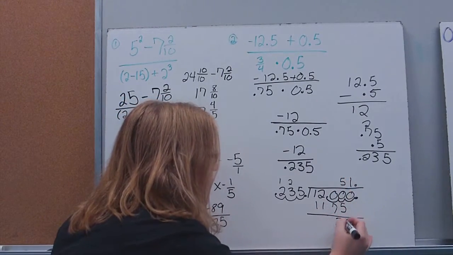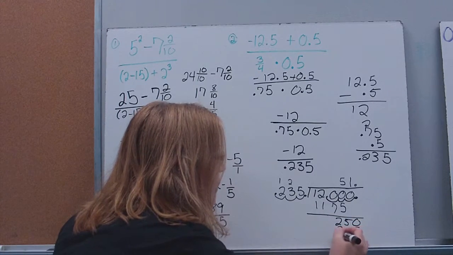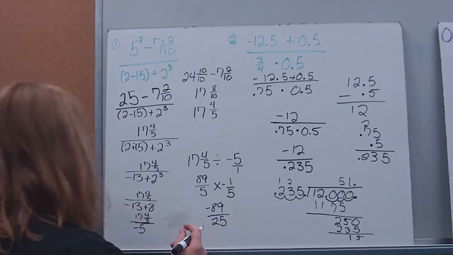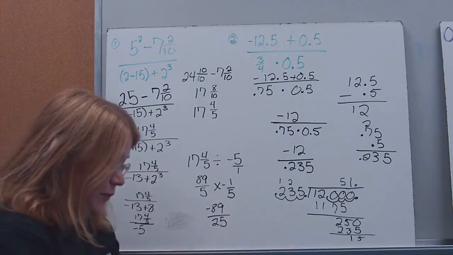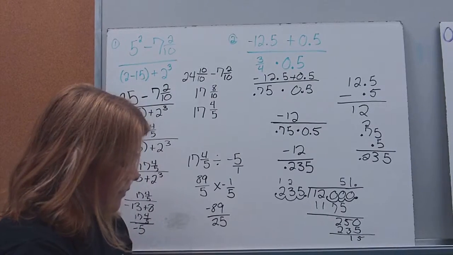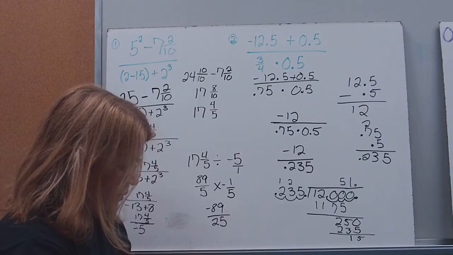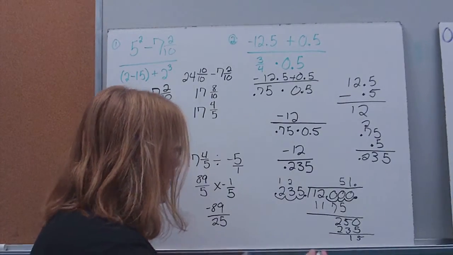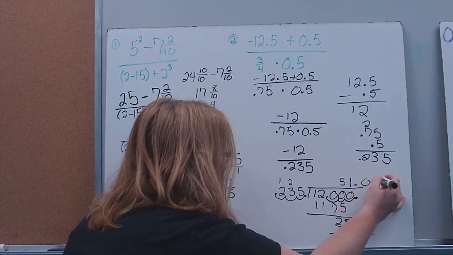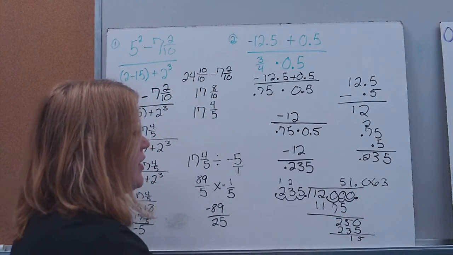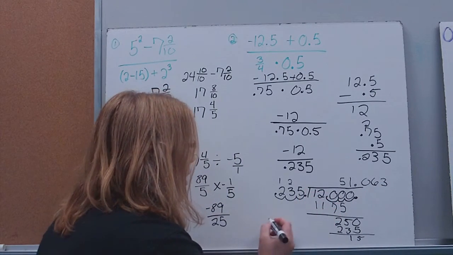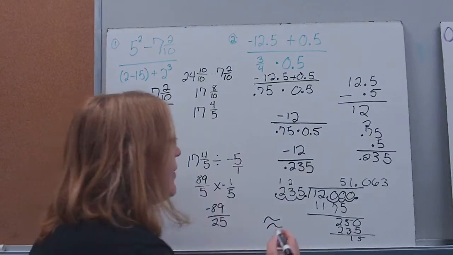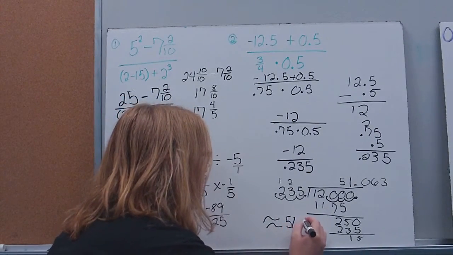One time. And this is about the point where I'm going to pull out my handy-dandy calculator, because this looks like it might be a long decimal. Yes, this looks like it's a decimal that keeps going, so what we're going to do, it keeps going on and on, but I'm going to round to the nearest hundredth. We're going to call our answer approximately, and you'll notice I'm using the curvy equals symbol there, that means it's approximately 51.9